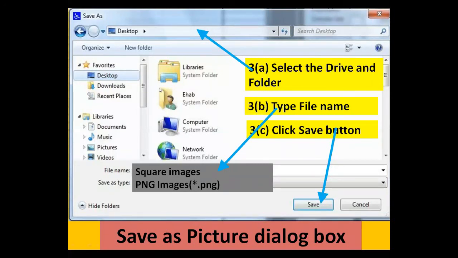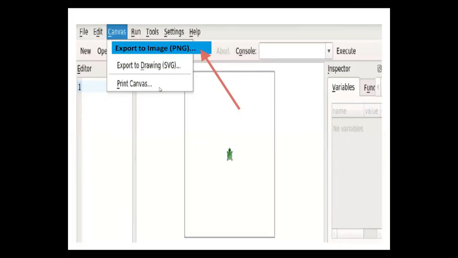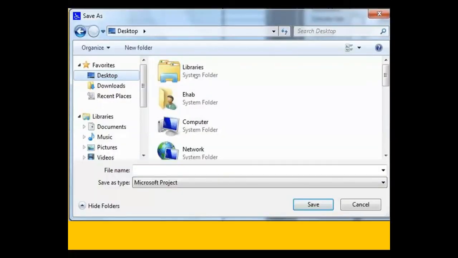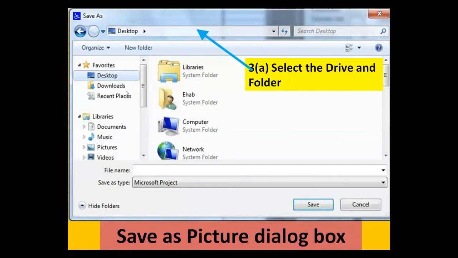I'm repeating again how to save an image. To save an image, first click on the canvas. On the canvas, select export to image PNG. Then the save as picture dialog box appears.